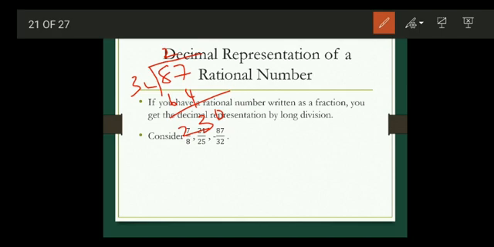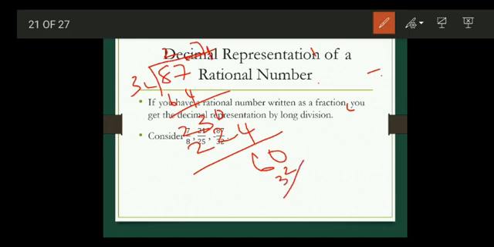And 7 32s are 224. 32 into 7: 2 7s are 14, balance 1; 3 7s are 21, plus 1 is 22. So 32 7s are 224. The remainder is 6 here. Since we have already taken the point, you can add 0. In 60 there is 1 32, which is 32. The remainder: this will become 5, this will become 10. 10 minus 2 is 8. 5 minus 3 is 2.